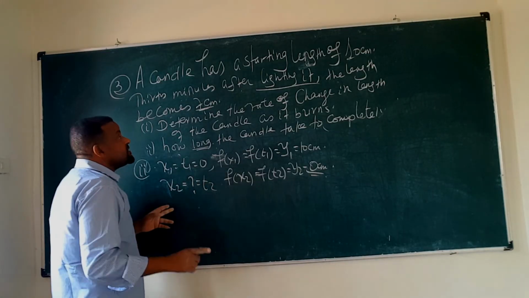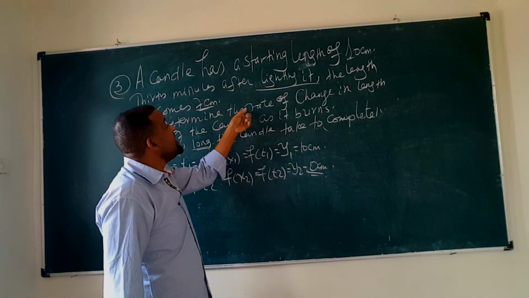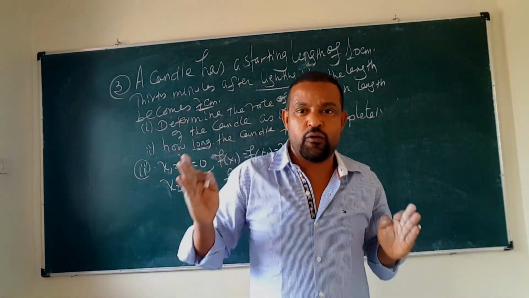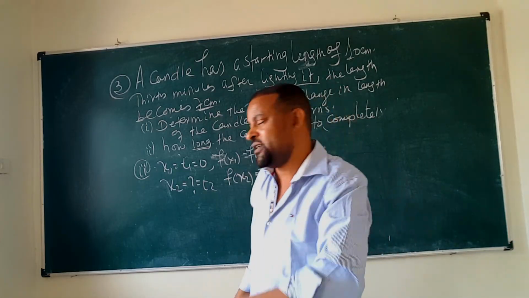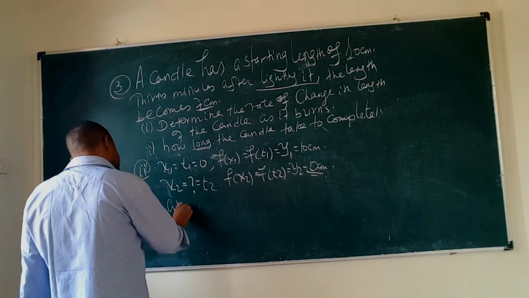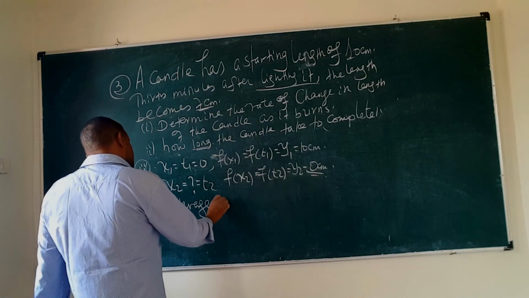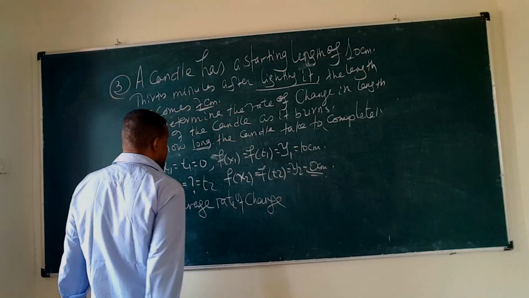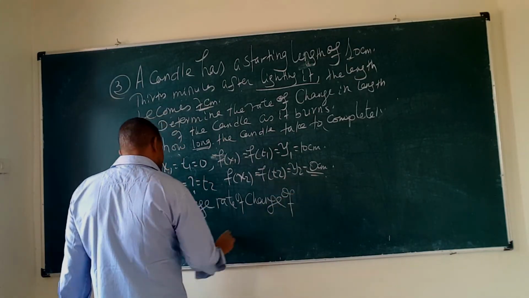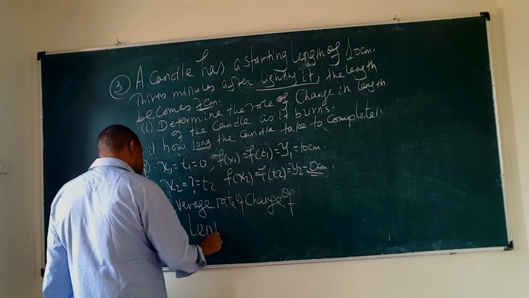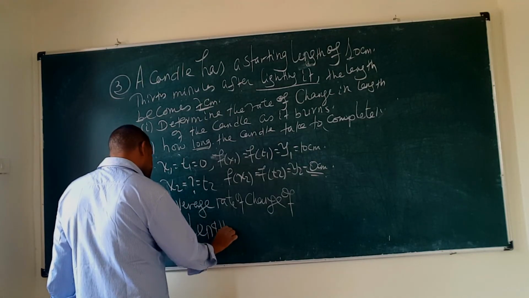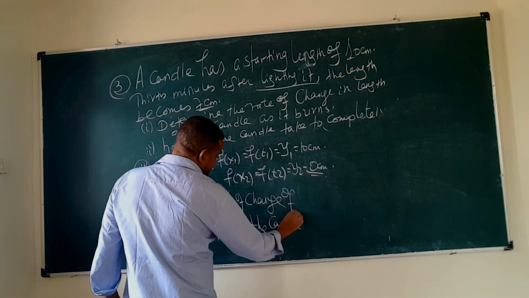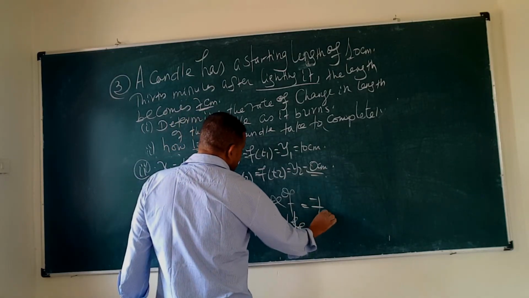ልብ አድርጉ። ምን ተሰጥቶናል? ምን አግኝተናል? መጀመሪያ ላይ the average rate of change of length of the candle ተሰጥቶናል ወይም ሰርተናል ቅድም። ስንት አግኝተናል? ኔጌቲቭ 1 over 10. So the average rate of change of length of the candle which is negative 1 over 10 ያደረግነው ነው።